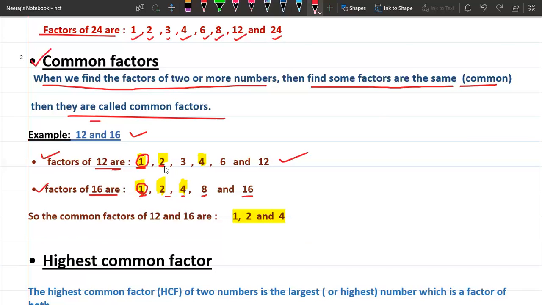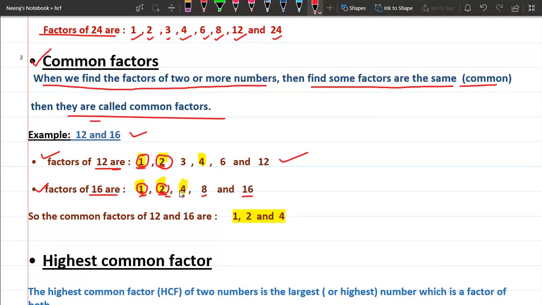2 is present in 12 and 16. Sorry, 2 is also present in 16. So we will circle that 2 also, because 2 is present in both the numbers. Now we need to check the number 3. 3 is present in 12, but if you check, 3 is not present in 16, because